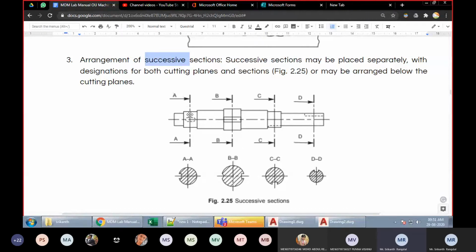We just have to draw the sectional line here and name the section. So here the name of the section is A. So AA is the name of the section, and we are placing the sectional view over here. This is how the sectional view AA will appear when you look at it from the left side.